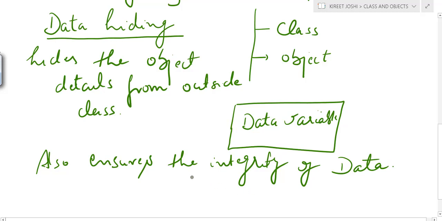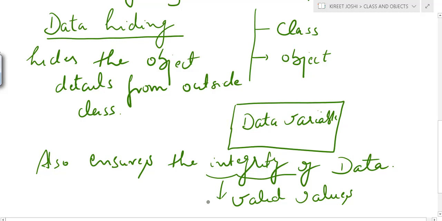It means that it ensures that valid values must be there in the data variables, or you can say that the data is following a particular valid policy.